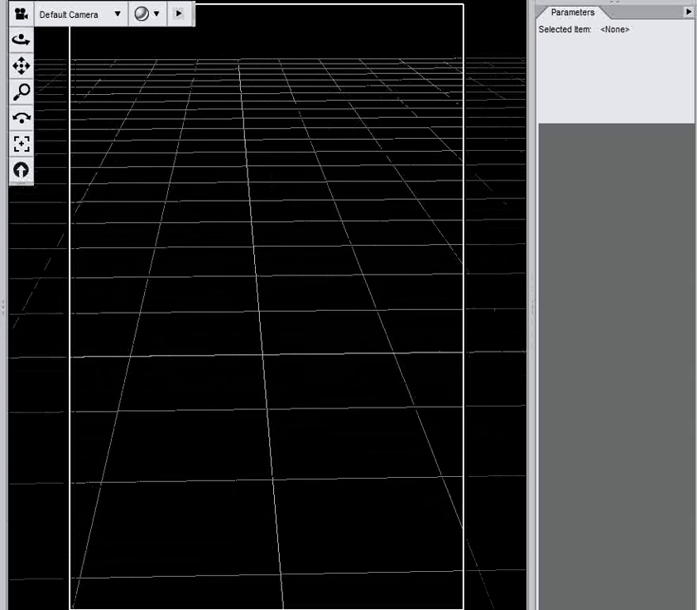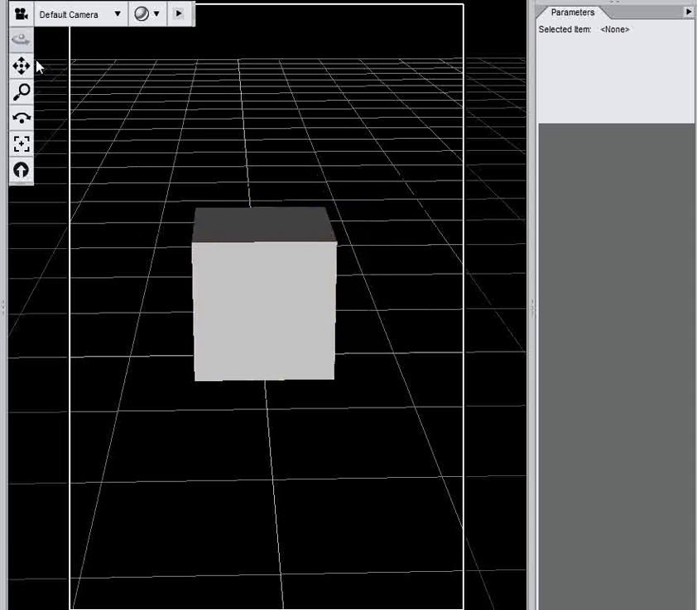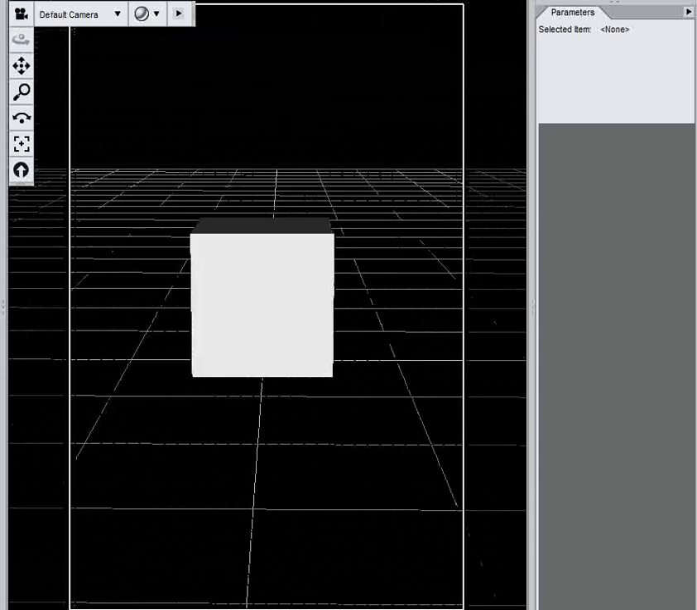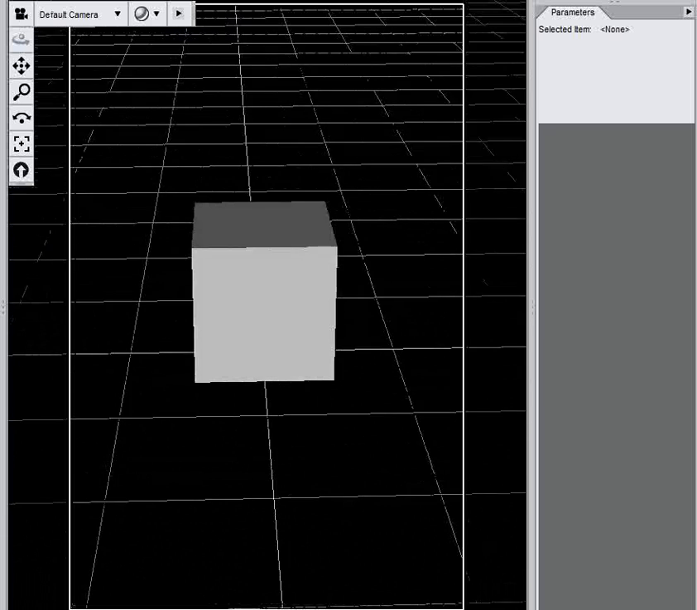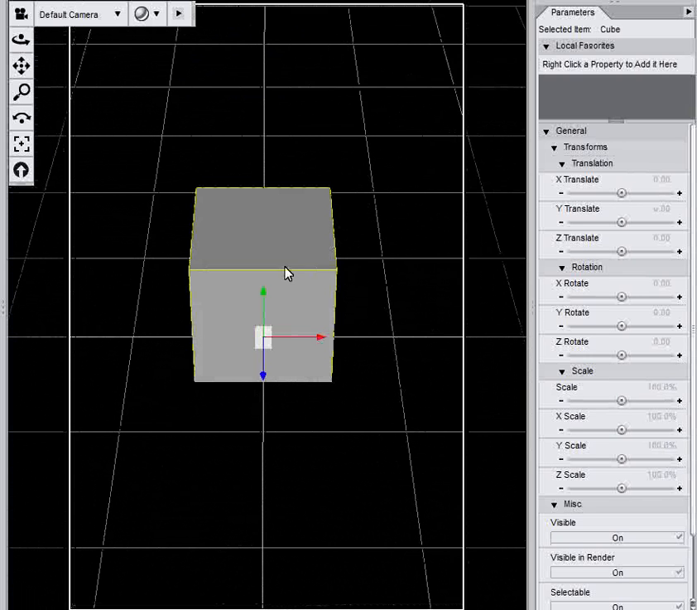So let's create an object to give us some perspective. So I'm going to create a cube. Now the cube is pretty much in the center. It's above the ground, so it's not in the perfect center of the map, but it's pretty much in the center. Now, to manipulate the X, Y, and Z coordinates,